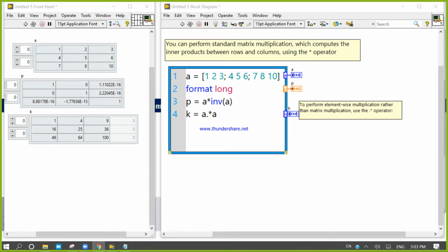So it means you can square each and every value.